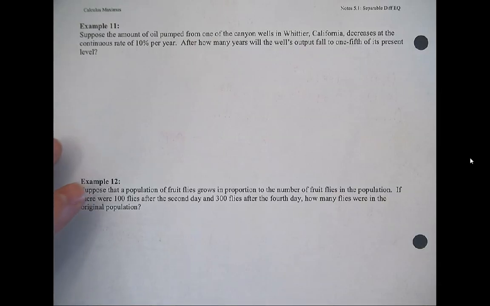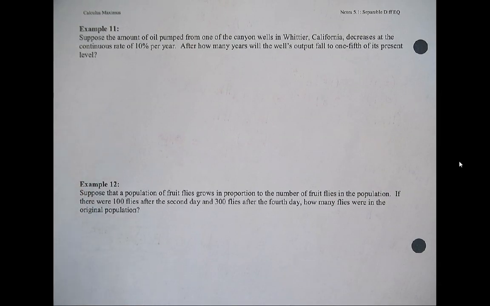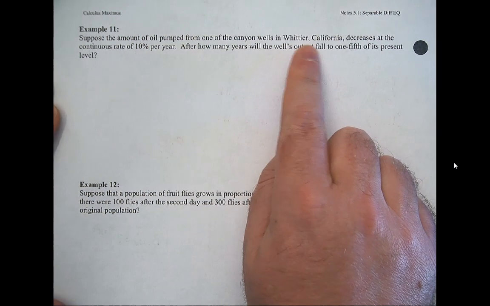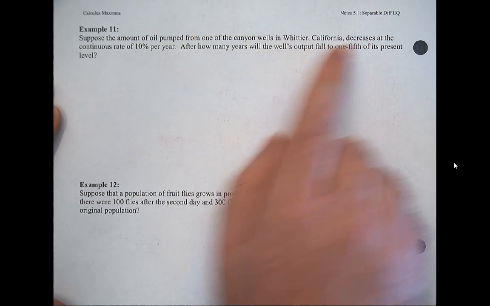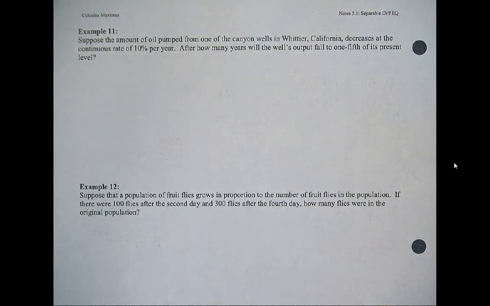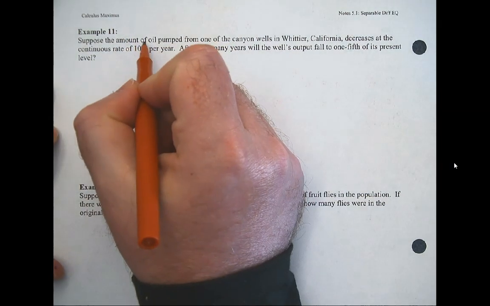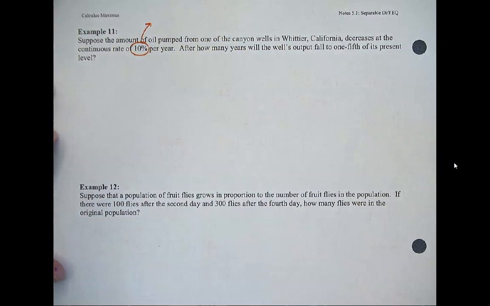So let's finish up our notes here. Suppose the amount of oil pumped from one of the canyon wells in Whittier, California, decreases at a continuous rate of 10%. Right off the bat, when you see this, this is your hint. So something changes by a percentage, or it says,